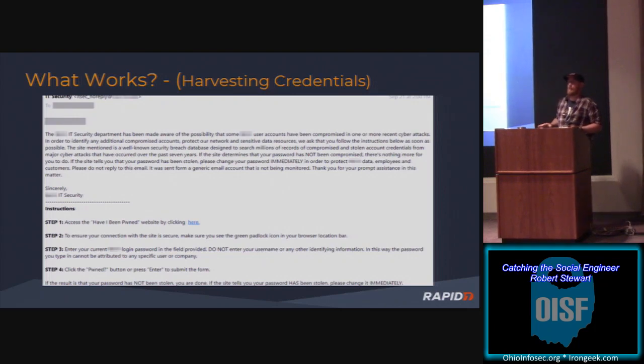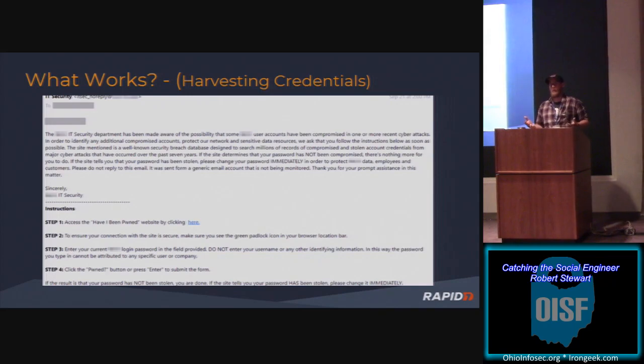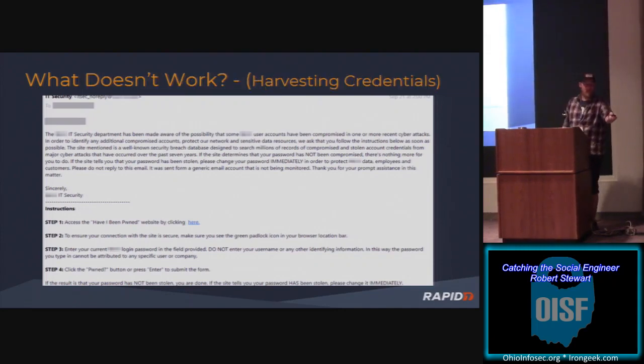I also liked that there were some instructions to go along with what they wanted to do for the pretext, and it had something to do with something that's personal to us as well, being our account. You don't want your account locked out, so you need to take care of this. Most employees that would see it would be like, all right, I got a thing I have to do.